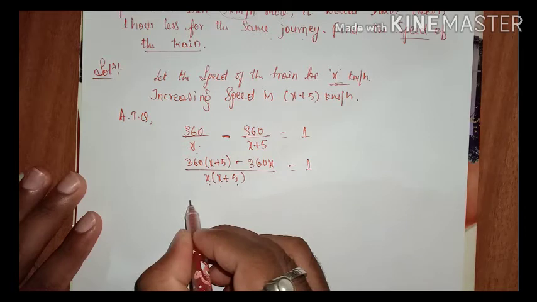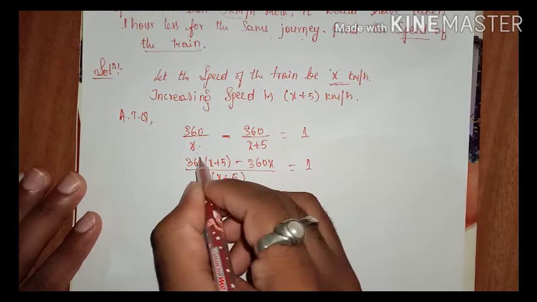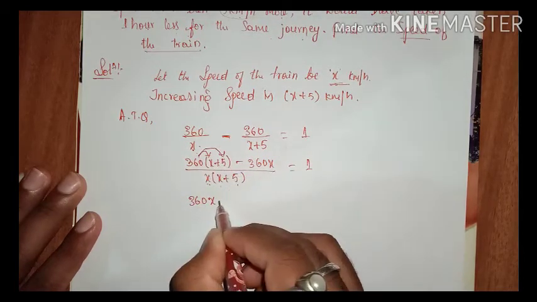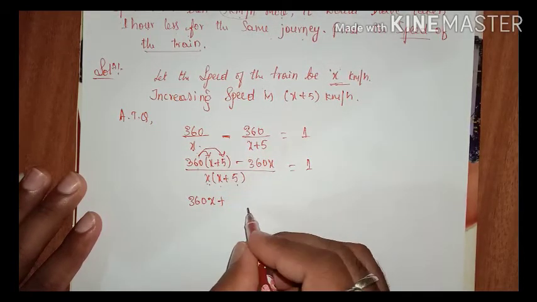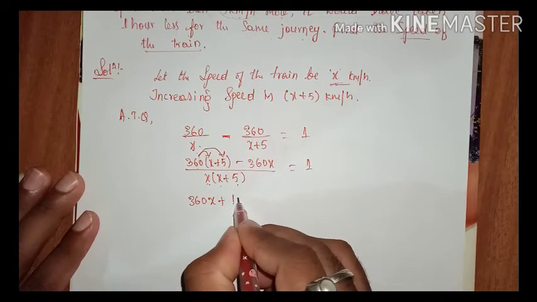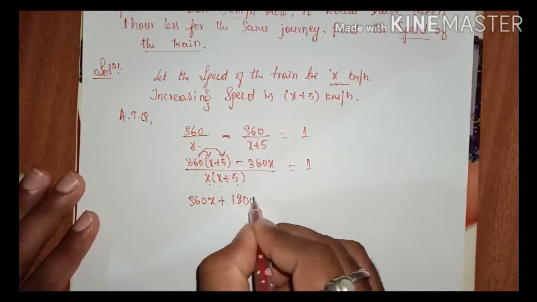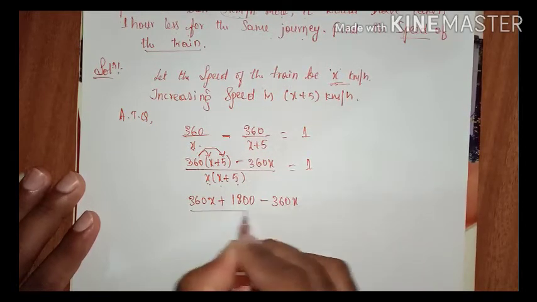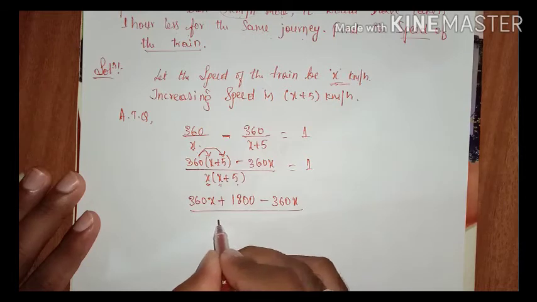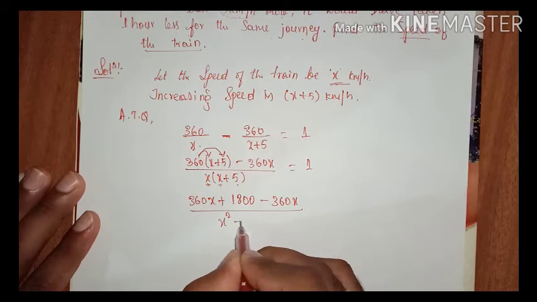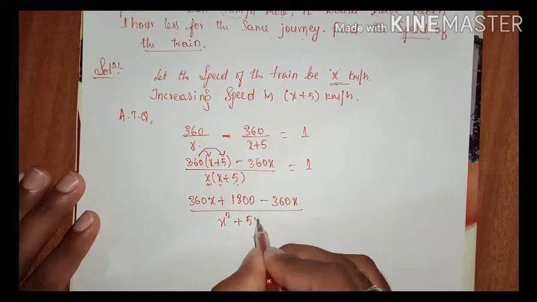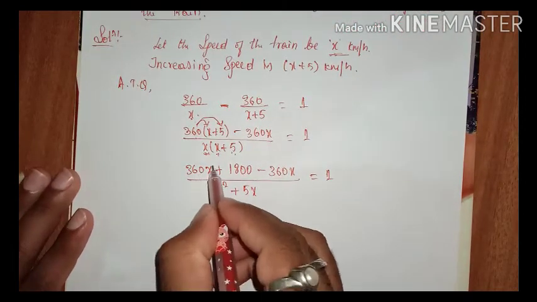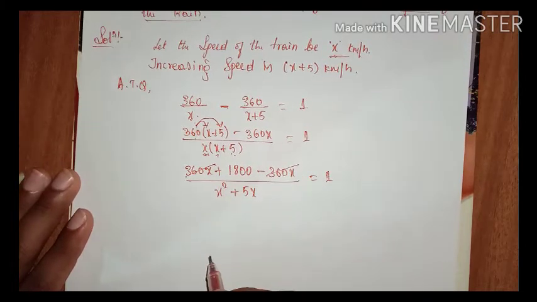Now we'll multiply. So 360 into x, it is 360x. Next again plus 360 into 5, it is 1800. Next minus 360x, whole divided by, we will multiply this one, x into x, it is x square, plus 5 into x, it is 5x equals to 1. Okay, now plus 360x minus 360x will get cancelled, remaining